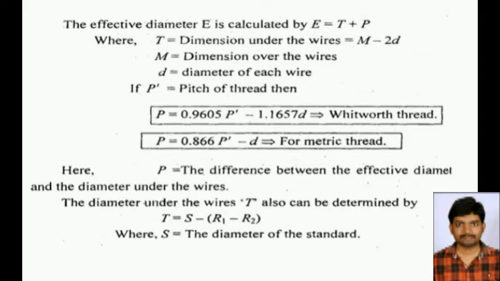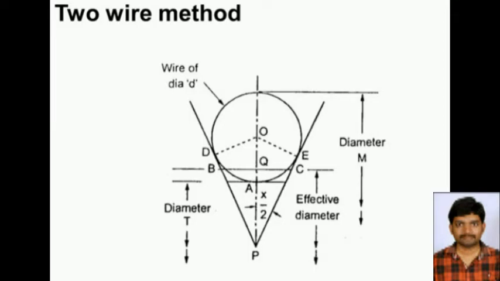Okay, so for metric thread, P equal to 0.866 P dash minus D, where D is the diameter of the rod, and P dash is the pitch of the thread. Okay, so this shows the geometry of the two wire method. So we have the groove,